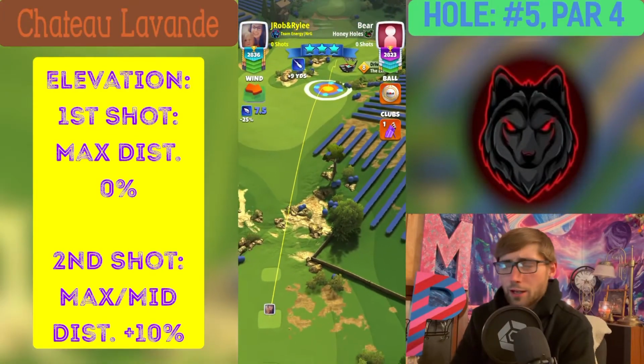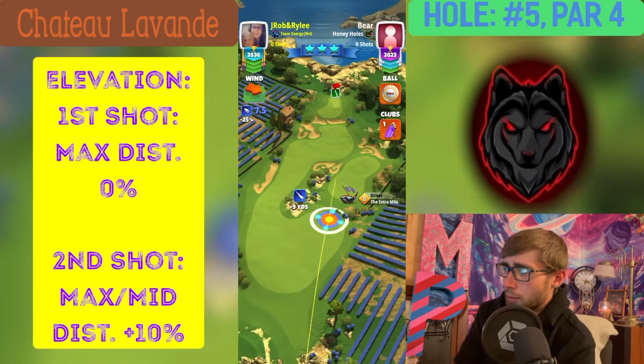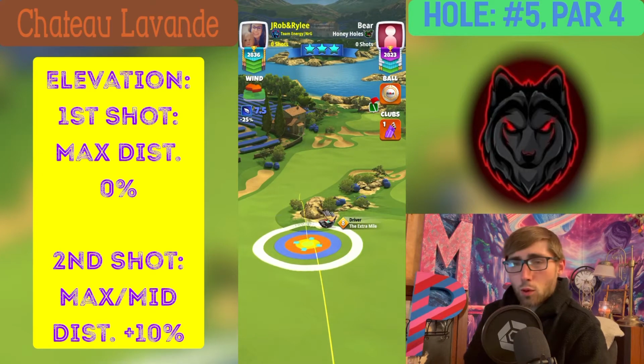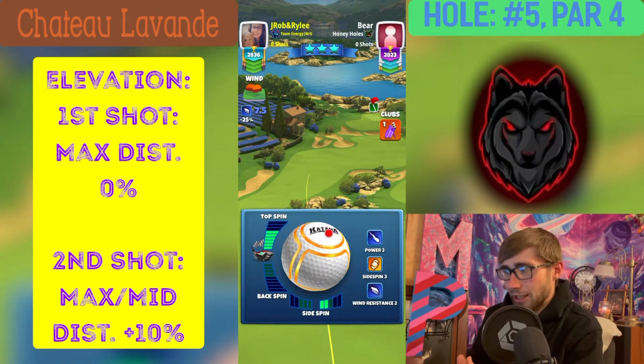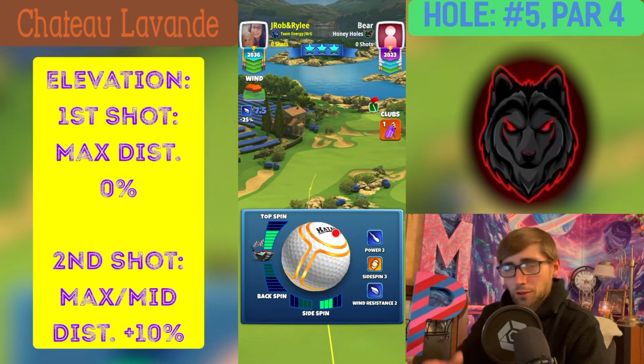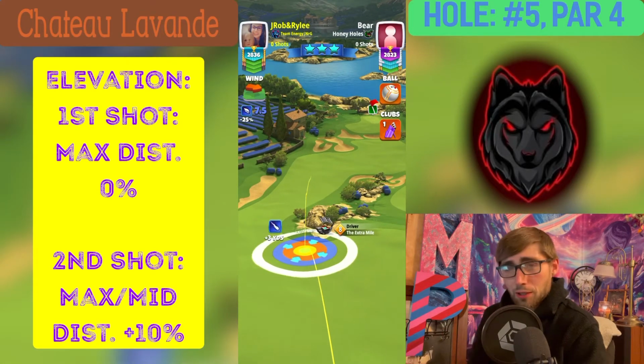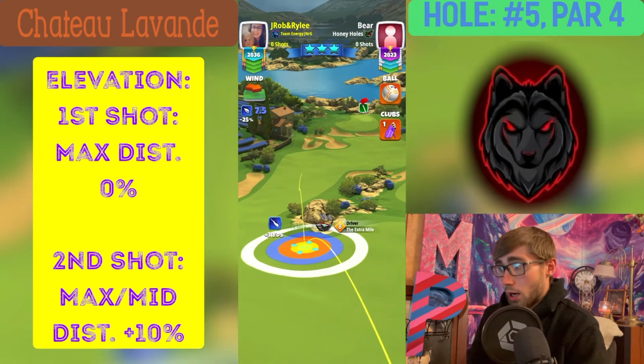Moving right along here, guys, we're going to hop on over to hole number 5, par 4. The way that we are going to be playing hole number 5 is we're going to use this left-hand side lane to try to use our topspin to get down there as far as we can, because essentially it's going to set us up for either a short iron shot or a long iron shot